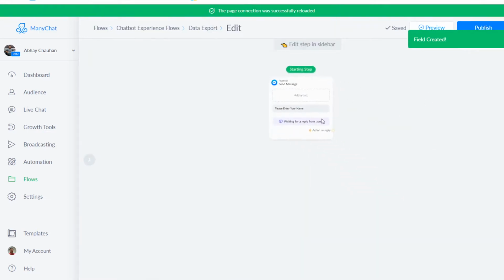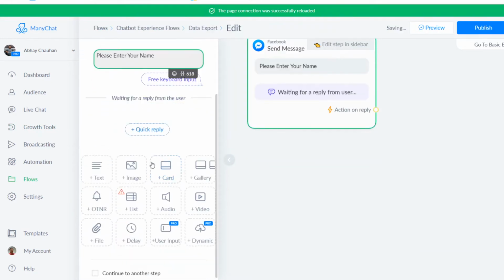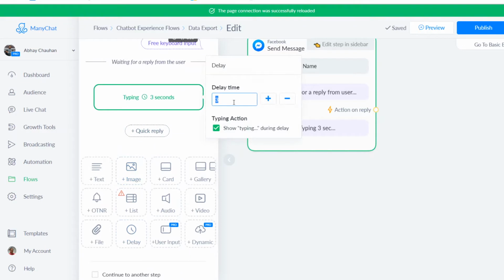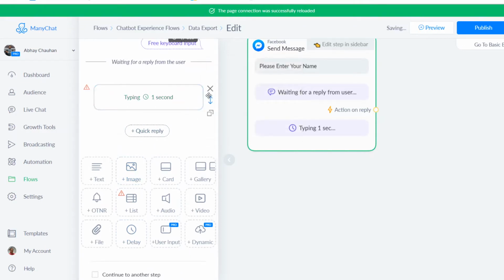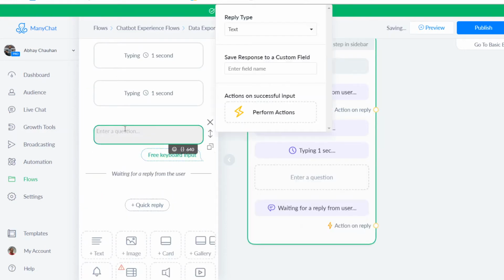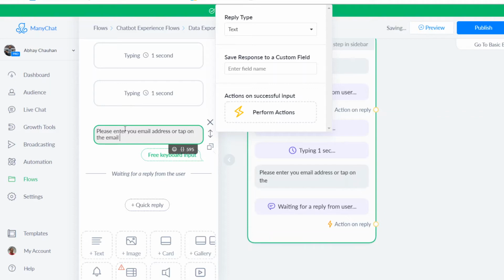And then let us say we want him or her to give their email ID, right? So let me put a delay of 1 second, right? And then duplicate it. Another user input, please enter your email address or tap on the email below to confirm, right?